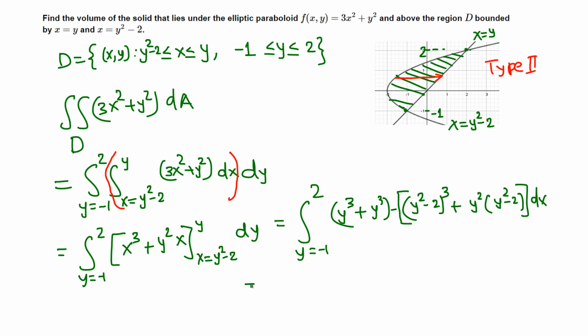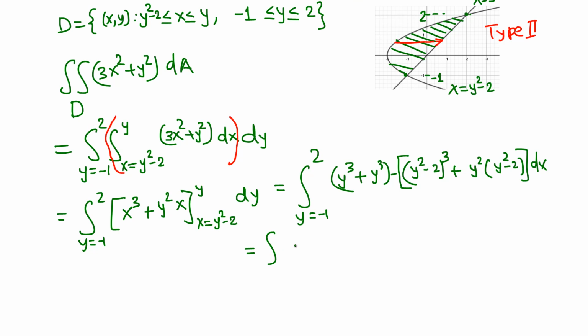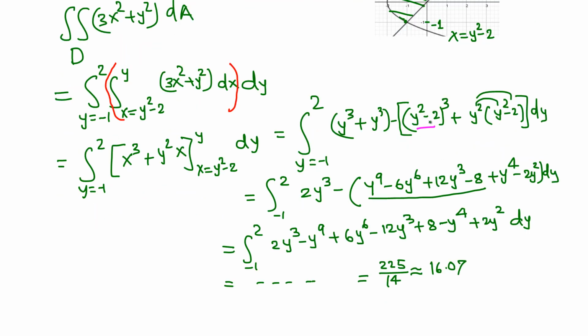So let me simplify this. Now we have only y, so we don't have to write this anymore. Negative 1 to 2, once we multiply by 3 we get this, plus distribute y squared we get this, and the negative 1, distribute the negative 1, so we get this. Now we can integrate each term. In fact, if you like, you can combine 2y cubed minus 12y cubed, that gives negative 10y cubed. When you integrate every single term, then you evaluate at the upper limit 2 and the lower limit negative 1, calculus 1, you get 225 over 14, which is 16.07. Okay, these are dy. Final